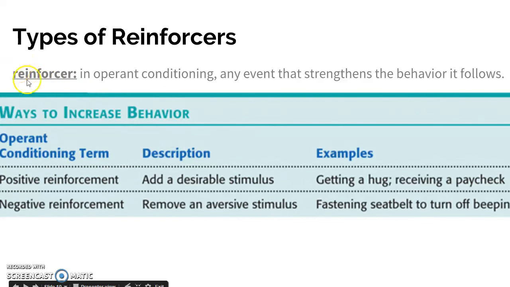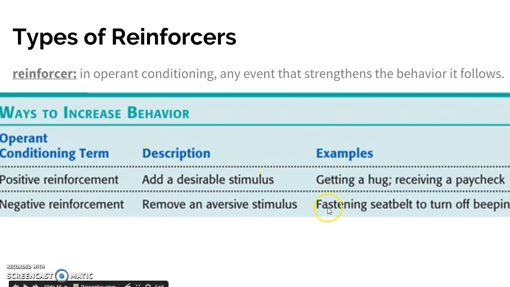All right, so jot down this definition. Reinforcer in operant conditioning is any event that strengthens the behavior it follows. Because we're going to be talking about punishment in a minute, and that's kind of the opposite. Reinforcement, or a reinforcer, tries to strengthen the behavior that it follows. So you want to jot down the ways to increase behavior, and then the operant conditioning term, positive or negative reinforcement,